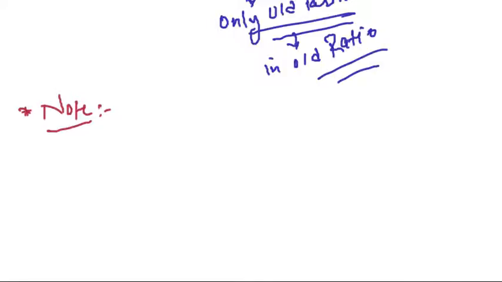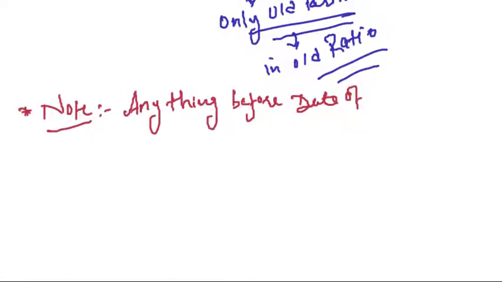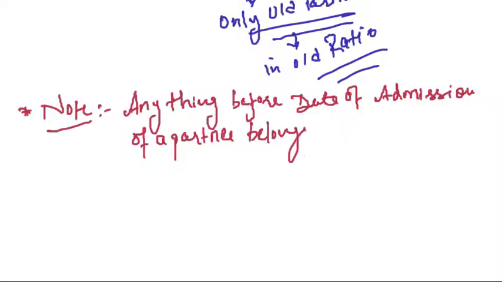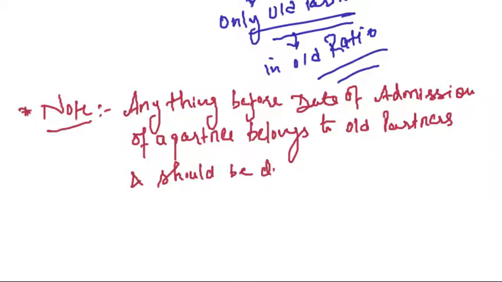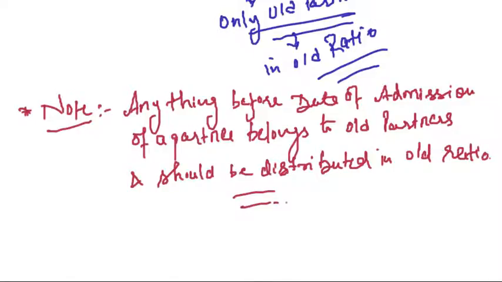Write down this note. Anything before the date of admission of a partner belongs to whom? Belongs to old partners and should be distributed in old ratio. Clear? Any profit, any loss, any appreciation before the date of admission of a partner belongs to old partners,